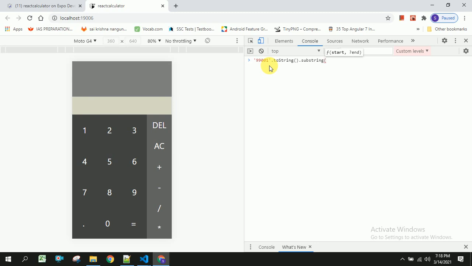In that substring, I am going to take the first value to the last before one value. So here we have around 5 values, so I am going to take 4 values. So you can see the last value got eliminated. So in this way we can delete the last value once the user clicks on this. So we will get this last value by taking the length of this string.